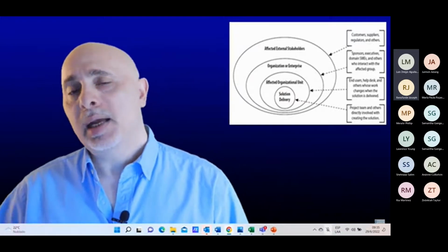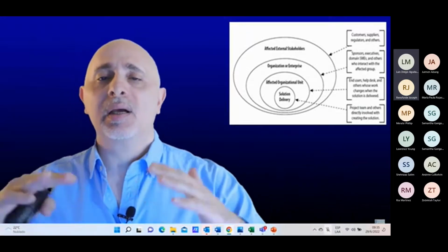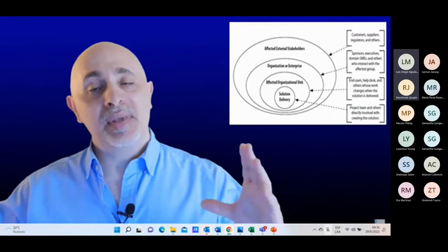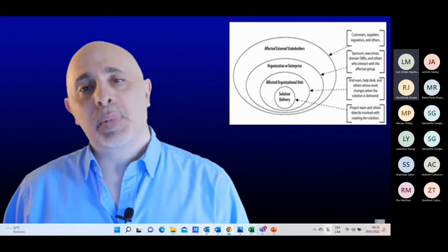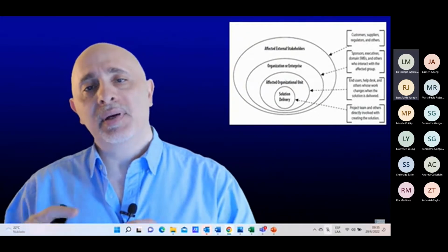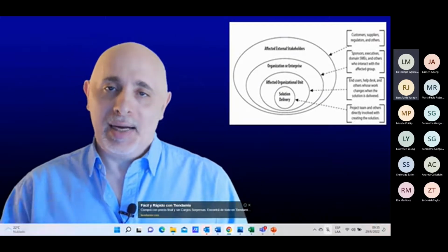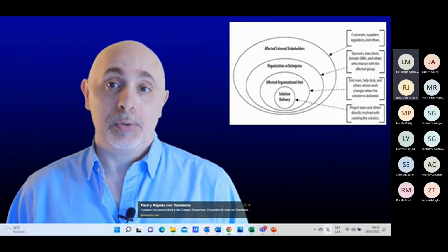Find out who these people are. Then go outside of that to the customers outside, right? The users of the system, the suppliers. These are the external part of it. So by going through the different layers of this onion, that's why it's called the onion diagram, you can identify different stakeholders along the way.